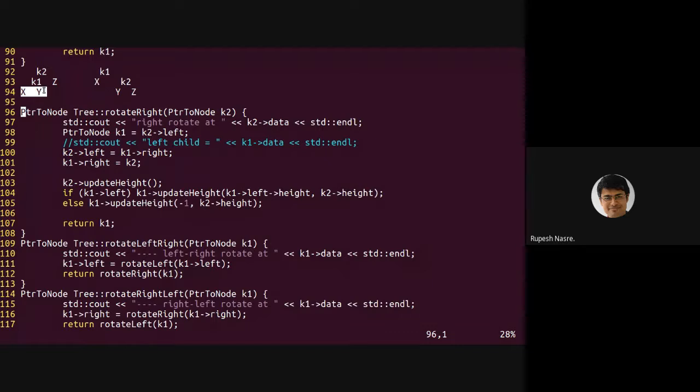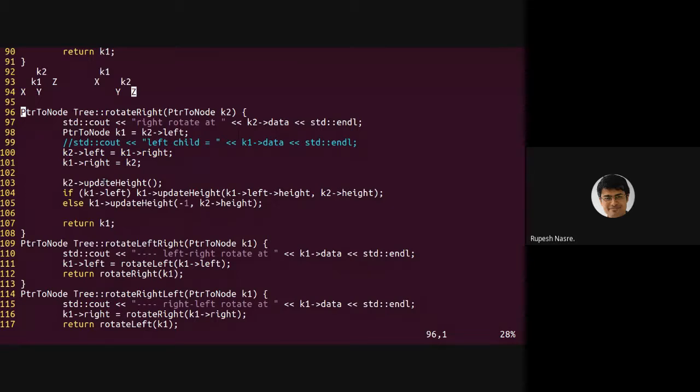What we require is the updating of heights of K1 and K2 alone, and therefore in this case we first update K2's height. Since Y and Z's heights are not changing, it just takes the two values. Update height looks at the left and right subtrees' heights and updates the height of K2. So K2's height actually reduces.